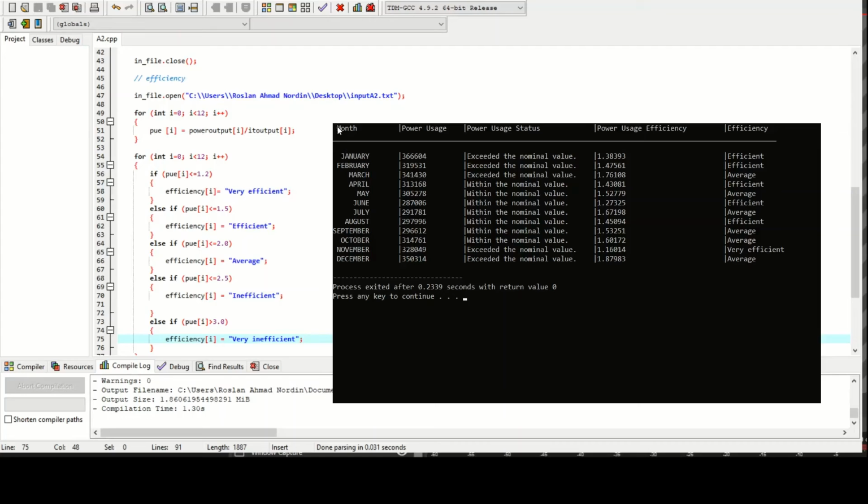So here is the output for this program. We have month, power usage, status, power usage efficiency, and efficiency. For the month, as we have set the set width to 9, it is by default aligned to the right. Then we have power usage also